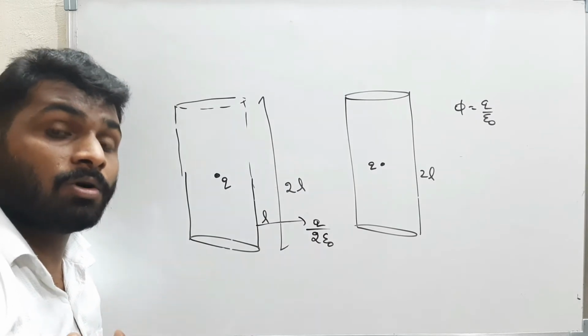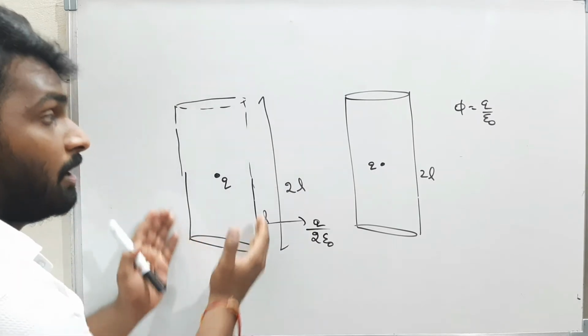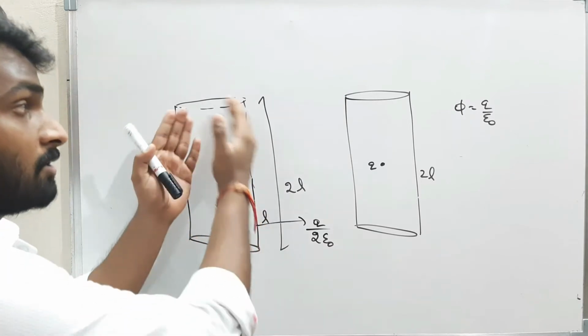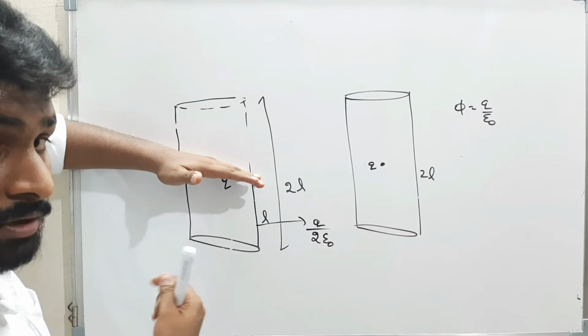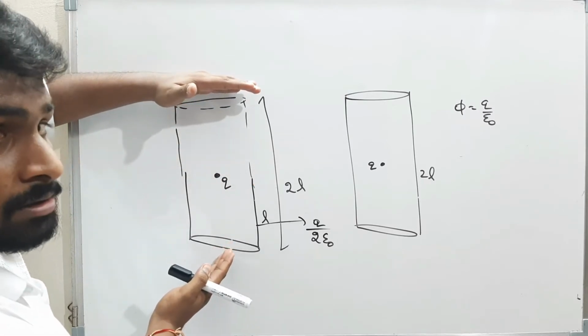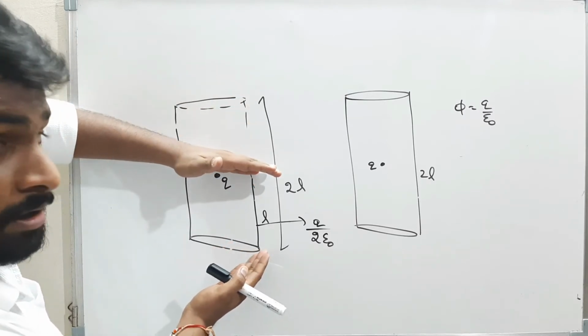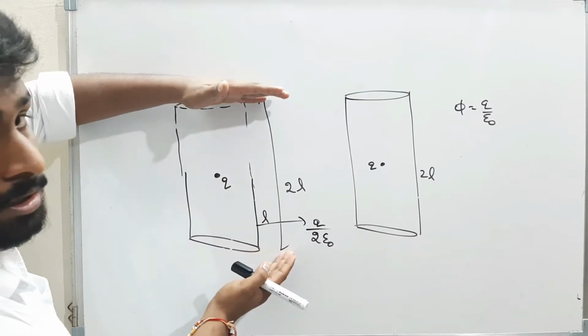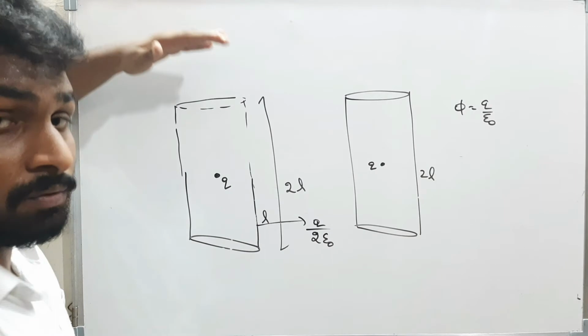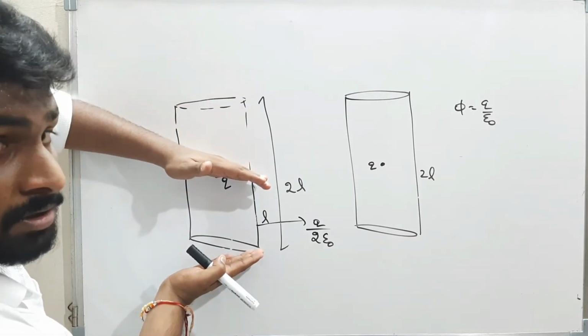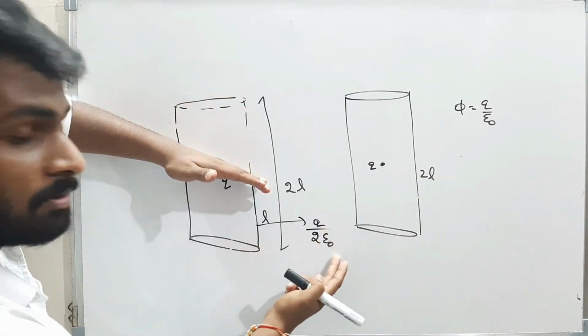We have to assume the Gaussian surface in such a way that it will complete the body. It will complete the remaining shape. It is a half cylinder. I have to assume a Gaussian surface in such a way that it will complete the whole cylinder. It is half, therefore length is L. For the whole cylinder, length is 2L. For this whole cylinder, what is the flux? The flux is Q by epsilon naught. But they told to find only for this much. For this much, what is the flux? The flux is Q by 2 epsilon naught.